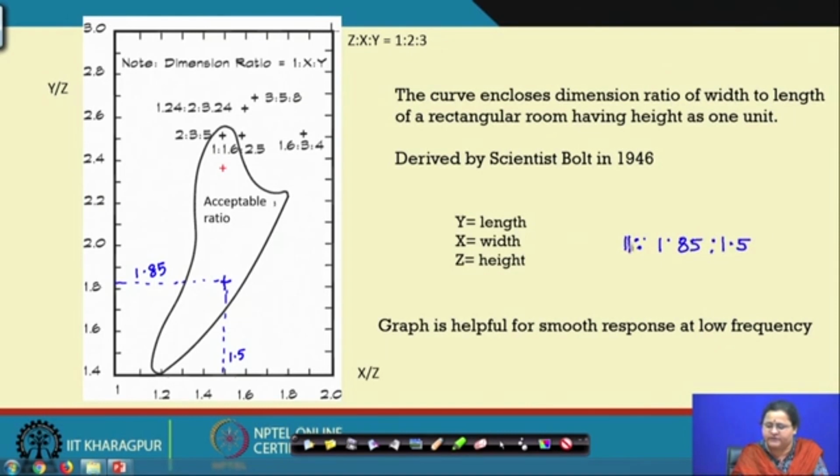So, if you have a height of say 3 meters, then your length will be 1.85 into 3 meters, and then your width or the breadth will be 1.5 times 3 meters. So, if you follow your room dimensions within this particular zone, then you can actually avoid these room modes. So, this graph will be helpful to you for smooth response at low frequency, but